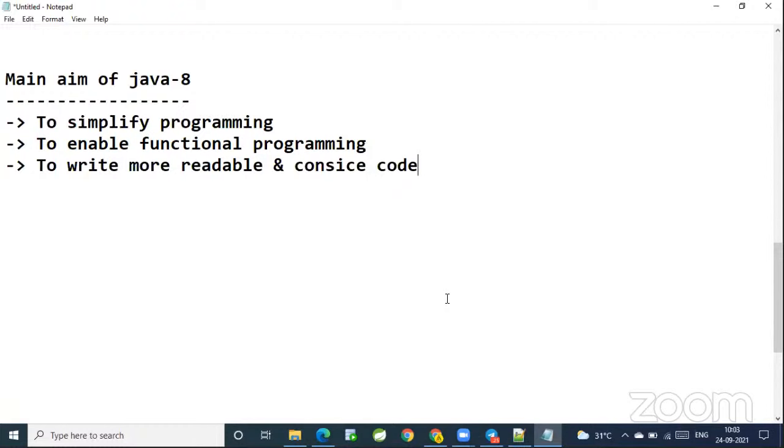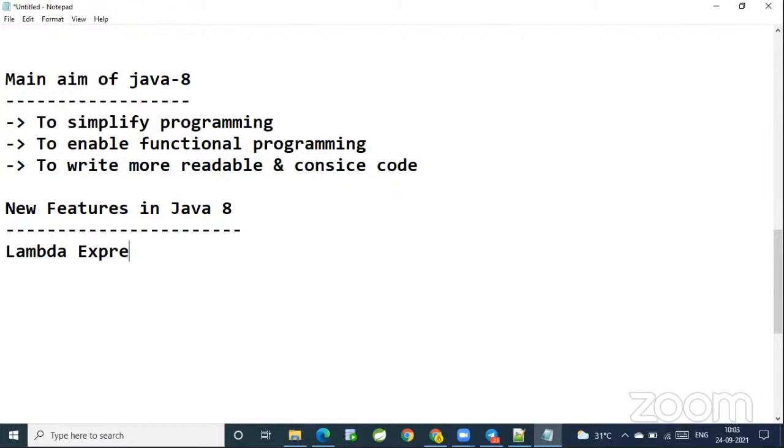Okay, what are the big changes that happened in Java 1.8? What are the new features introduced in Java 1.8 or Java 8? What are the new features that were added in the Java 1.8 version, guys? Lambda expressions, functional interfaces,